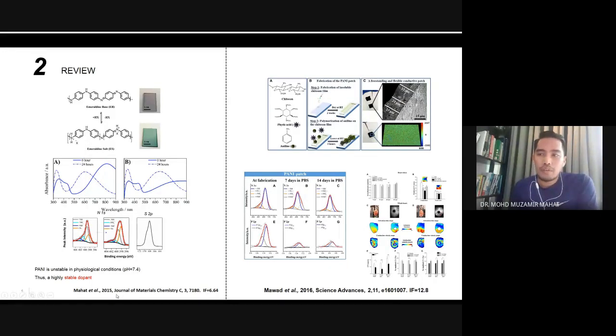So the full result and discussion can be found in this paper, which I have written, accepted for publication in 2015. So it made us wonder, then we need to find a suitable acid to make sure it sustains the functionality. It means it remains conductive after we expose it to pH 7.4. What is important to have this